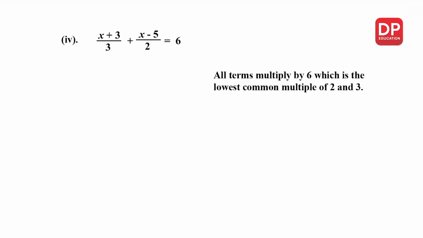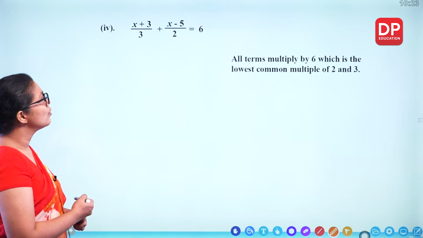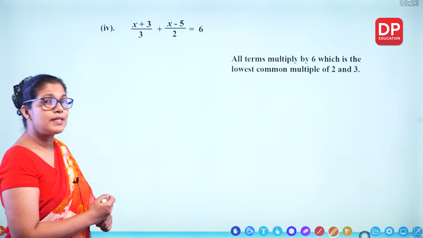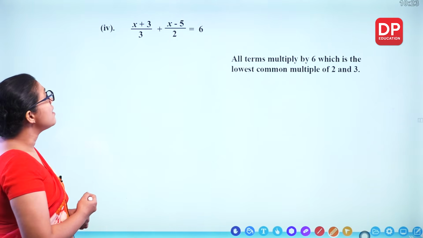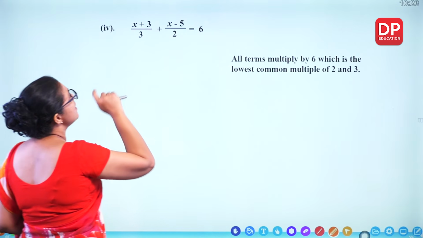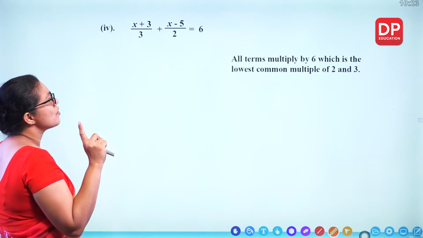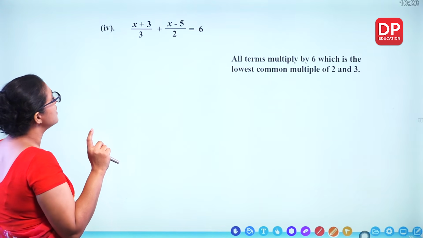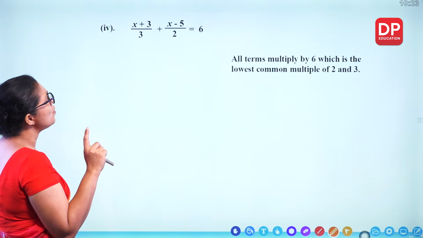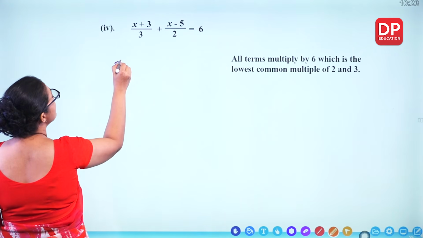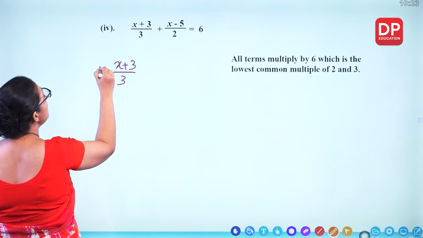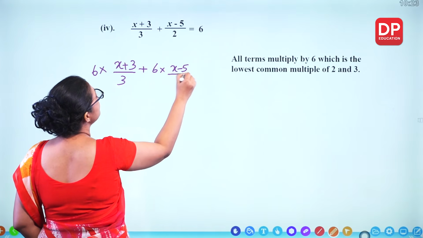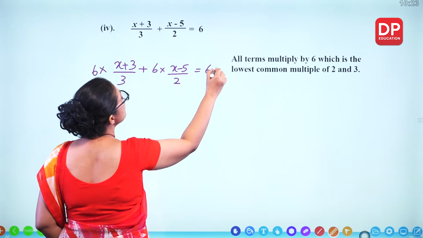Now, in this one, you get two denominators, 3 and 2. So, how can we get rid of 3 and 2? If you take the lowest common multiple of 3 and 2 and multiply the whole equation by that, you can remove this 3 and 2. So, when you get fractions like this, first find the lowest common multiple. What is the lowest common multiple of 3 and 2? That's 6. So, multiply the whole equation by 6. This also you have to multiply,